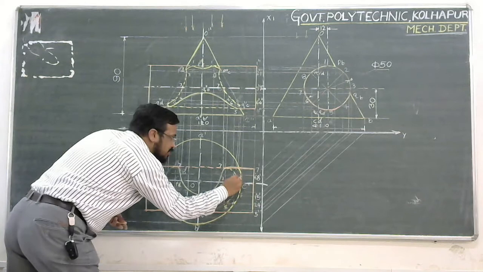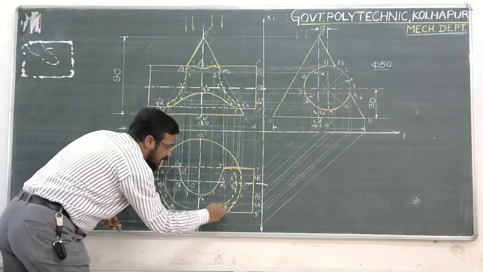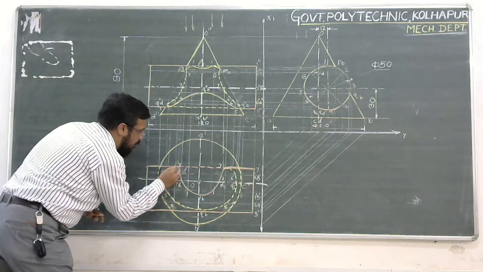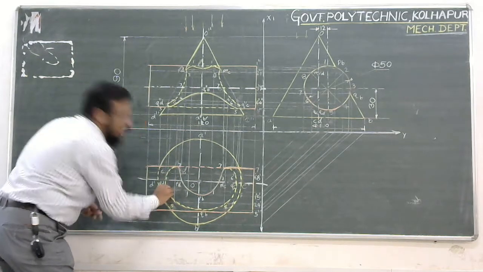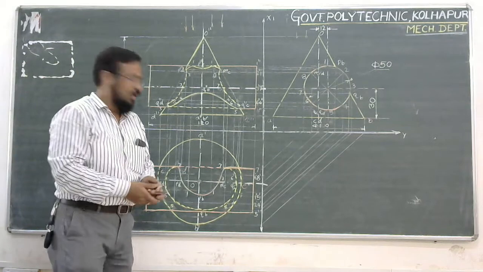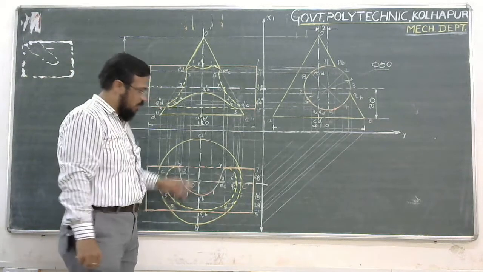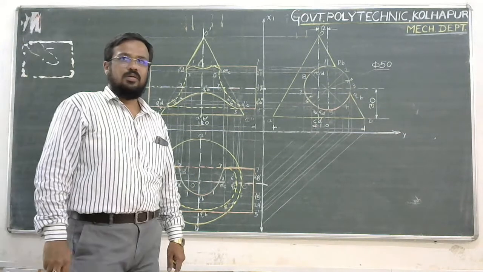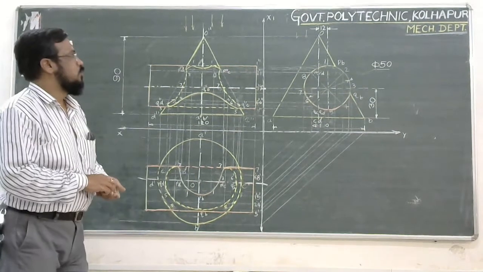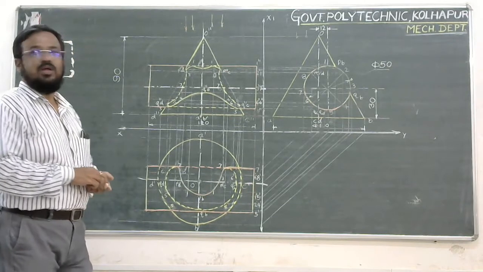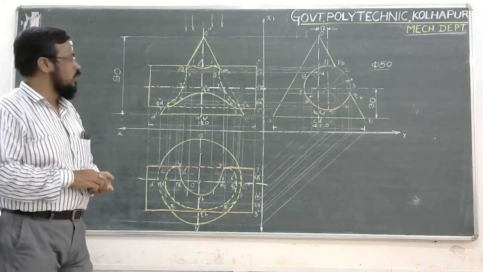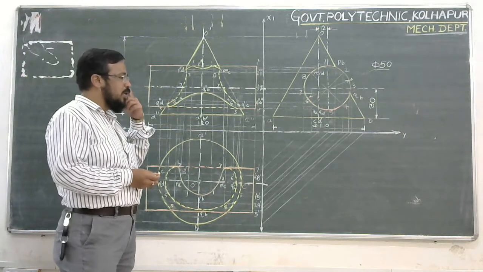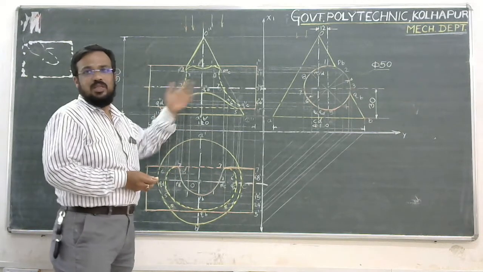So this joining of intersecting points will appear in the form of a dotted line. So this is the visibility applicable for the intersecting points of the cone and the cylinder. Okay. So friends, you might have understood how we have drawn the projections of the intersecting surface points in the top view as well as in the front view.